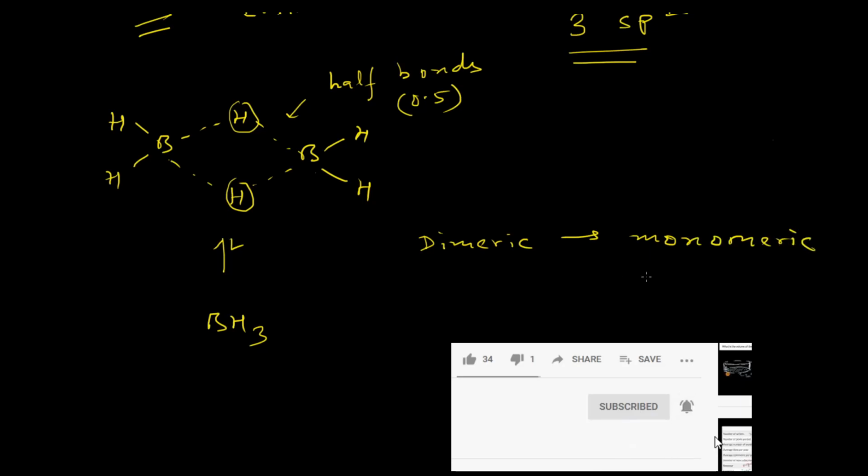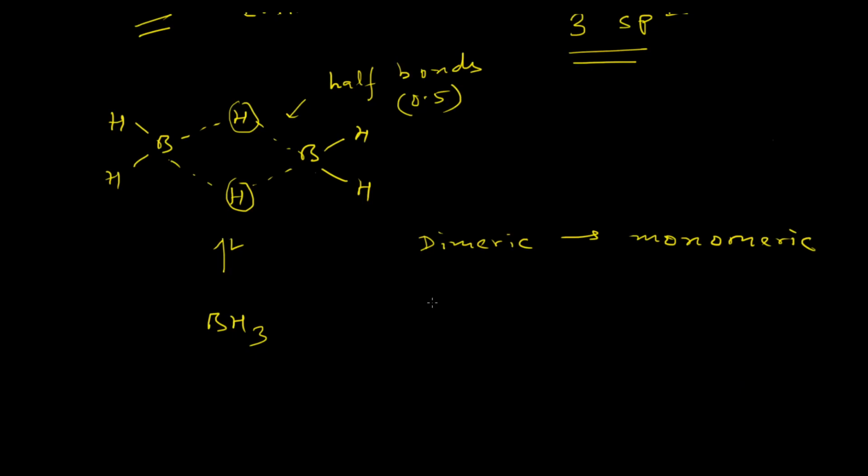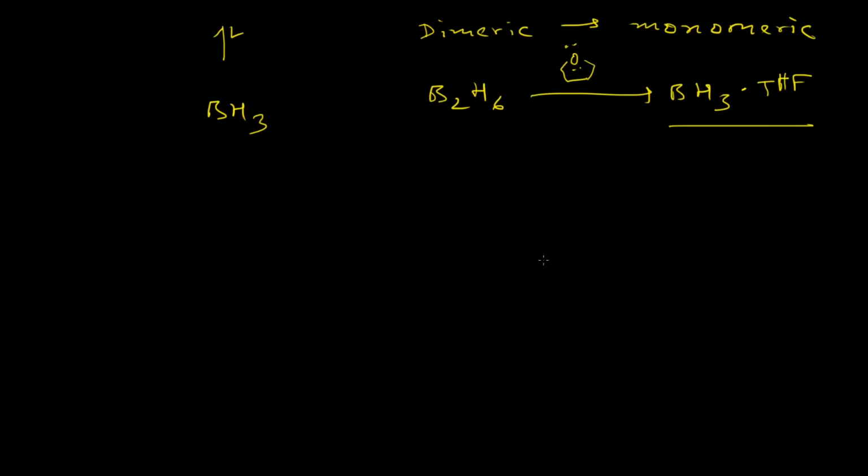In order to increase the electrophilicity of the reagent, which is the boron itself, the dimeric form of borane is taken in a nucleophilic solvent like tetrahydrofuran, where the oxygen atom with lone pairs attacks this boron of the dimeric species, and it results in the formation of a monomeric borane coordinated with the solvent molecule. So this is the active electrophile in the hydroboration reaction.